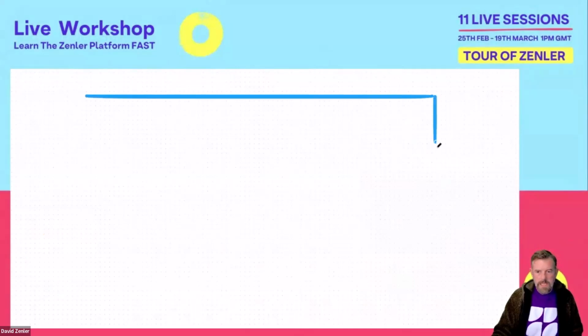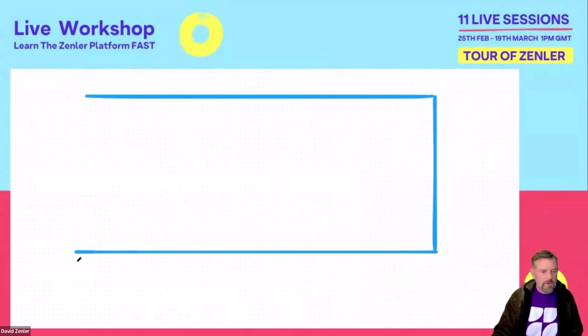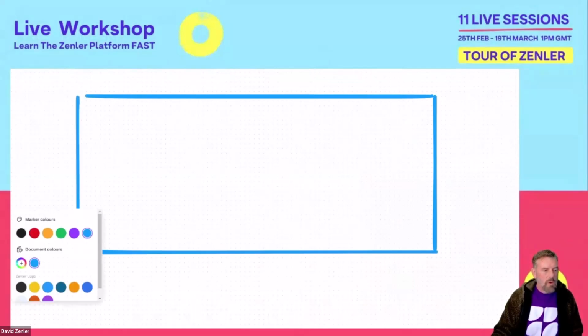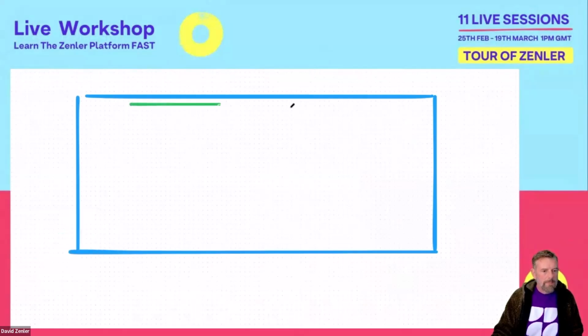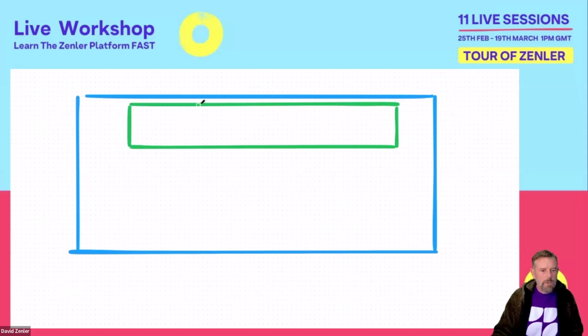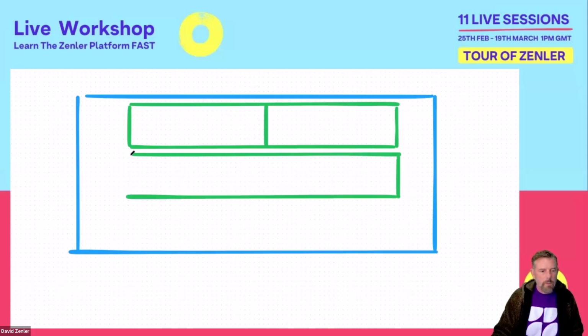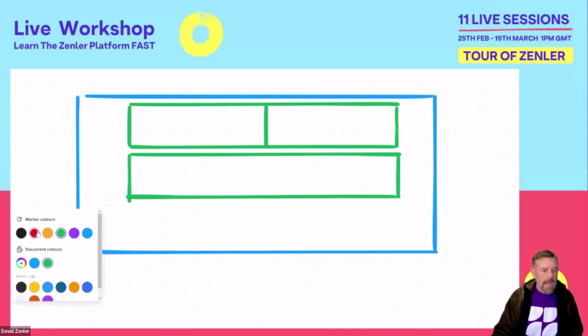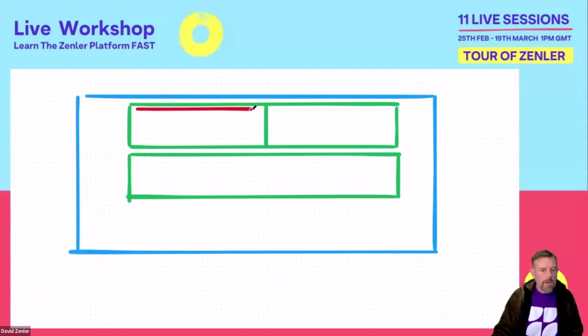So here we go. This is our blue containing block, which I've created. Inside that, we're going to have a row, which is going to be a green block inside here, like this. So this is our row that we can, of course, split up into columns for our content. We can also create a row underneath to contain more content. So if we want a 2 column and then a 1 column row, we can create another row and put it in there like that. And then inside that comes our red elements. So whatever we want to put inside there, we can put inside there like that.